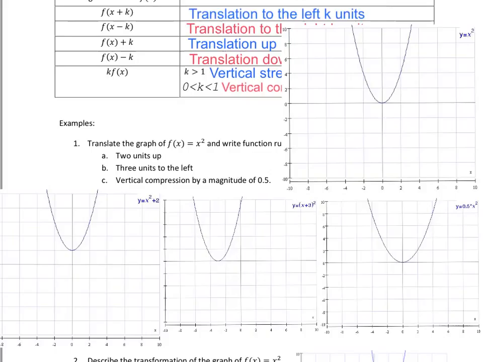So then 3 units to the left, we added 3, moved it left from the original, and then vertical compression by a magnitude of 0.5, so you can see that it made it kind of flatter, almost like something was pushing down on it. So how you can tell by looking at coordinates for this is you can pick a point,